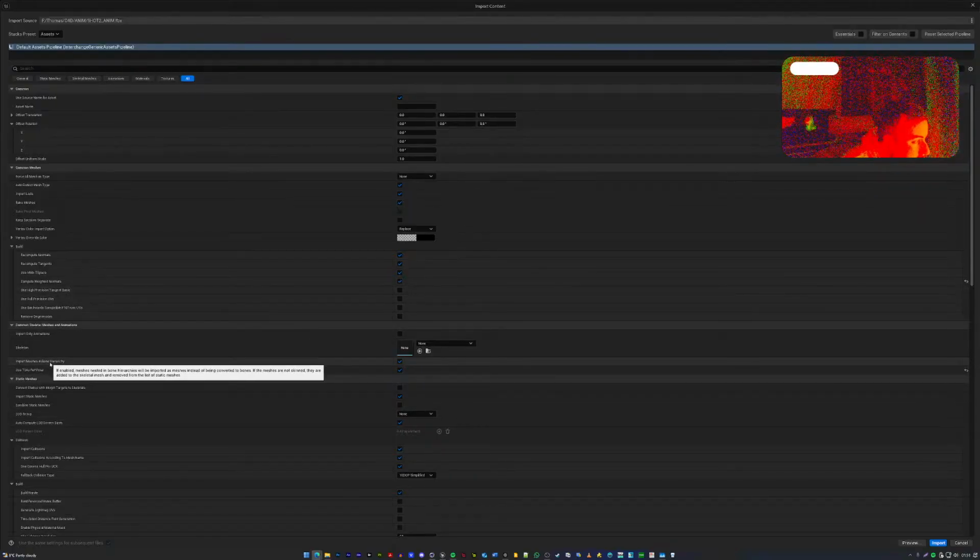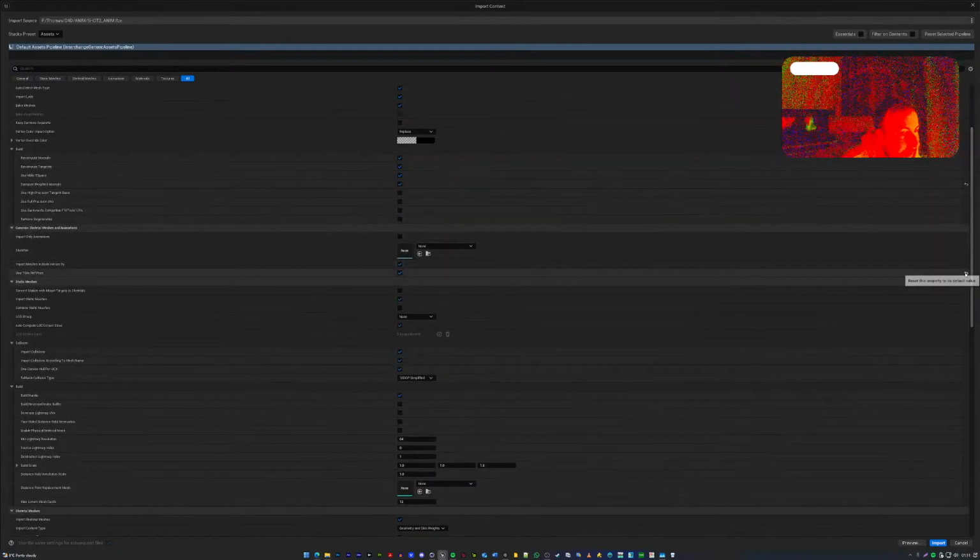I'm wondering if it's this. It says something about import meshes into bone hierarchy. If enabled, meshes nested in bones will be imported as meshes. I don't know what that means. I mean, this button resets everything, but when I press that, it